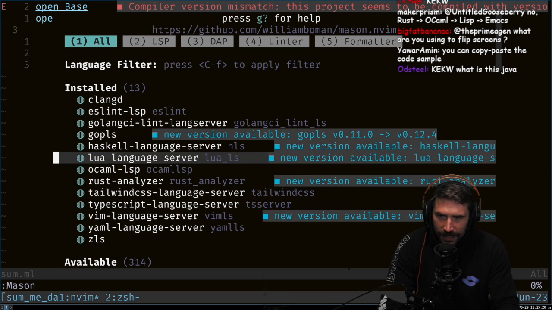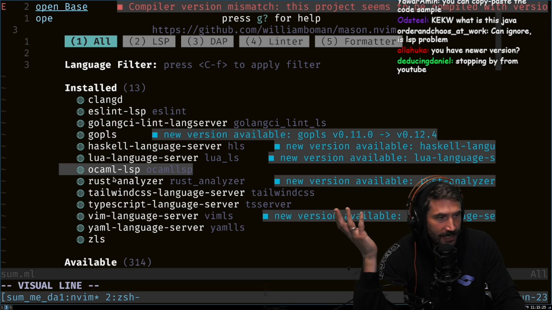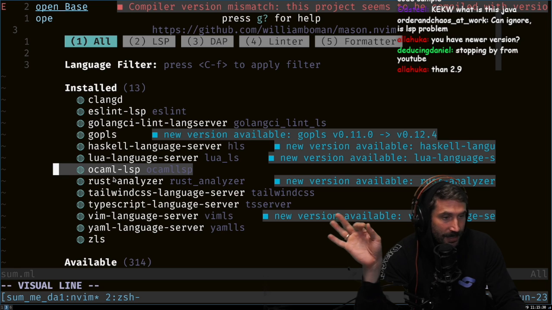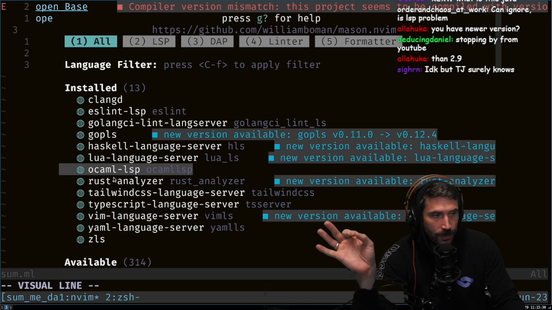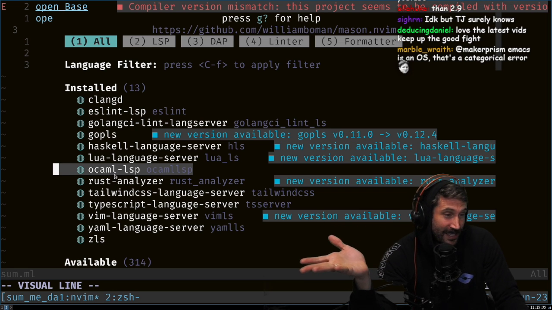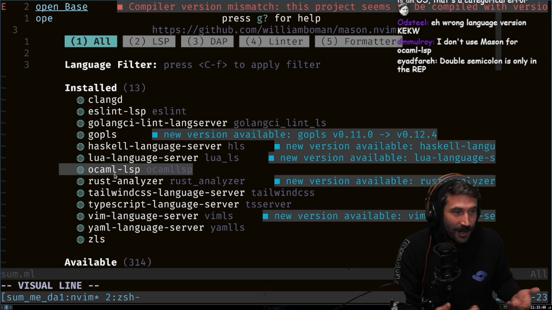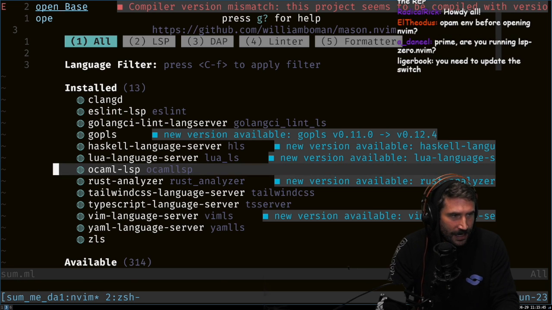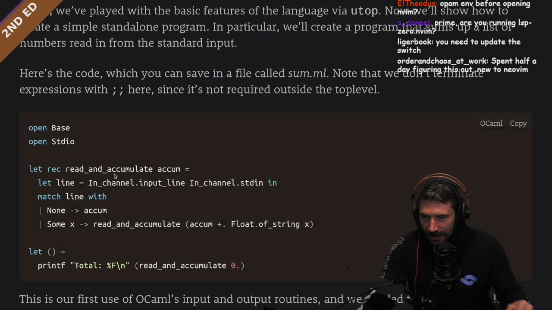The thing I don't know what to do is I need to go to Mason because I'm just using Mason right now. I'm trying a year of Mason, where I just install this one. This one obviously takes just whatever the latest one is, and by taking the latest one, I'm getting something that isn't for 4.14. I'm getting 5.0, right? And so that means I need to somehow specify somewhere this is the version I need. You know what I mean? I don't use OCaml. Yeah, see, that's the problem. That's why I got it. We'll look at it later. Okay, I'm not too worried about that. That's just get my stuff.